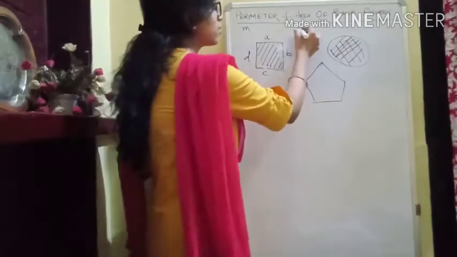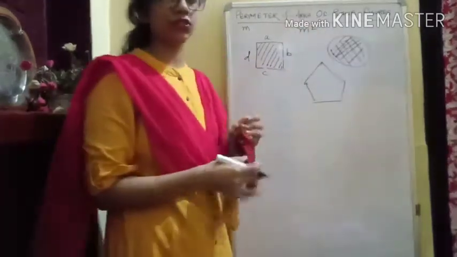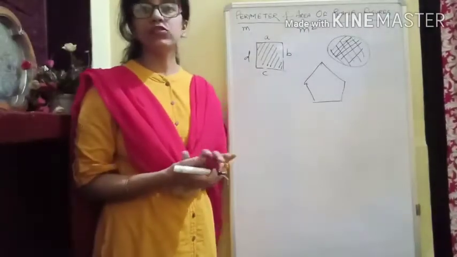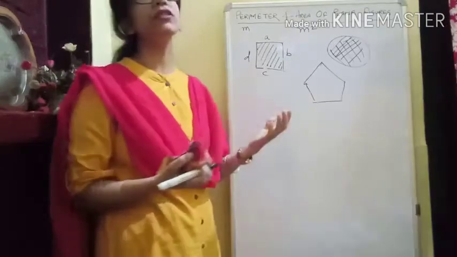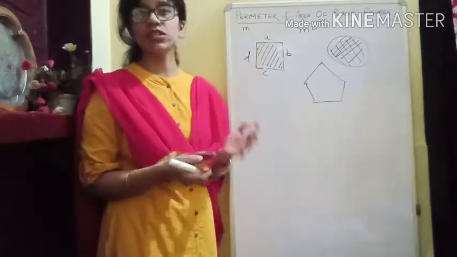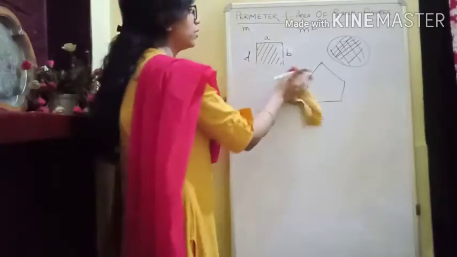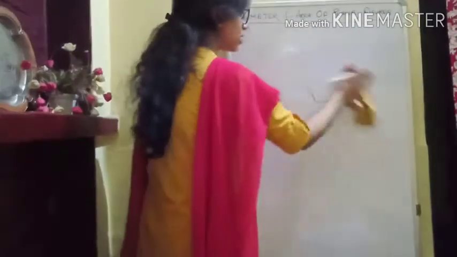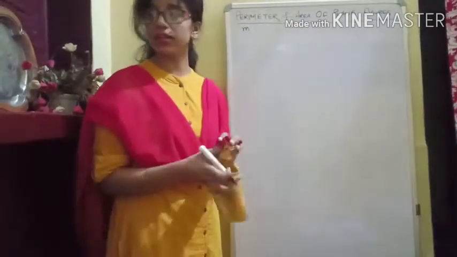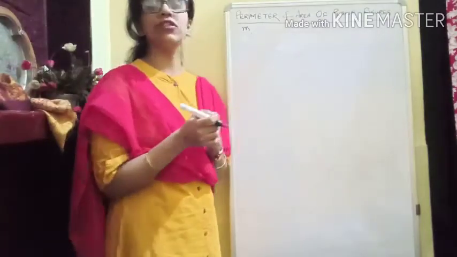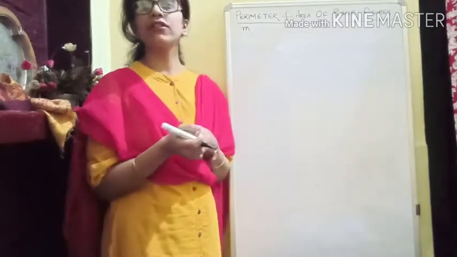In this case, the unit of area will be meter square, and for different plane figures we have different ways to calculate the areas. Perimeter is going to be the same every time. Whatever plane figure is given, you just add all the boundaries. To start with, we have 2 types of plane figures to study: a triangle and quadrilaterals. Triangles are figures with 3 sides, quadrilaterals are figures with 4 sides.